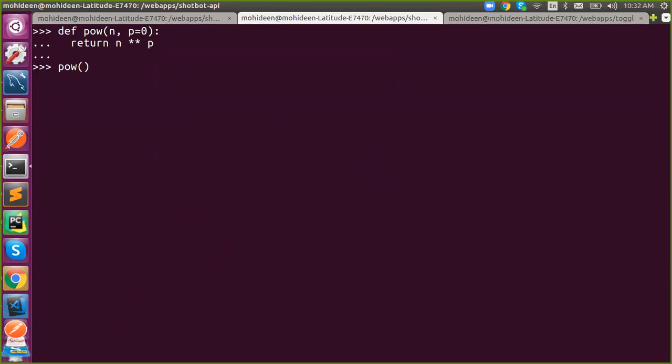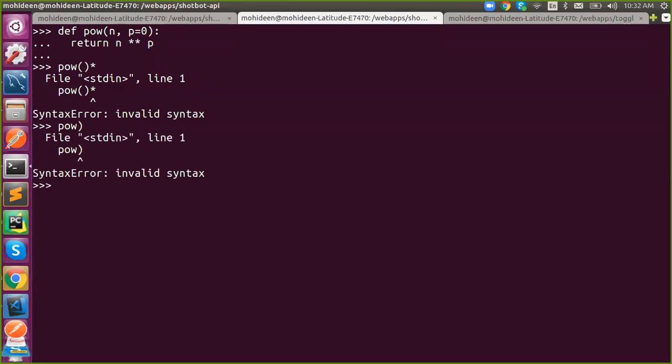It is a type error. How syntax error? You need to know the difference between syntax error and type error. Syntax error is if I make a mistake in anything, like if I put a stray comma, this is a syntax error. Whenever it is unknown syntax, then it is a syntax error.